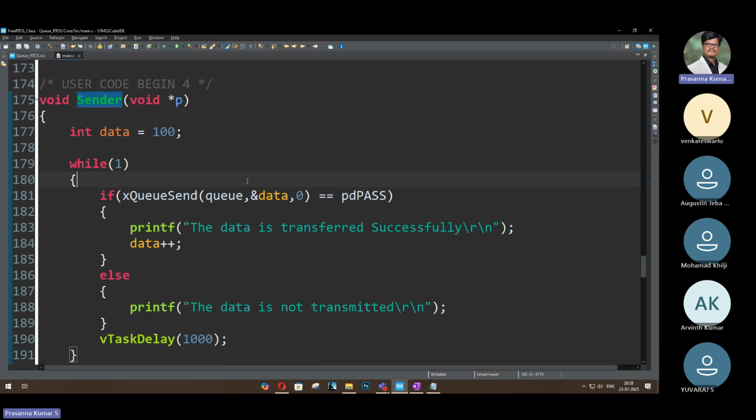Okay. So the problem is here I know the data is 100, so I can just check whether this data is greater than 110 or something. But in real time, what will happen? I don't know what data I will get from the sensor, right? So I can't check with the data. Here it will work, but in real time with sensor data, it will not work. Okay, so that method is eliminated. Then